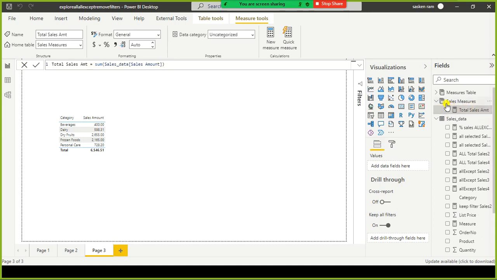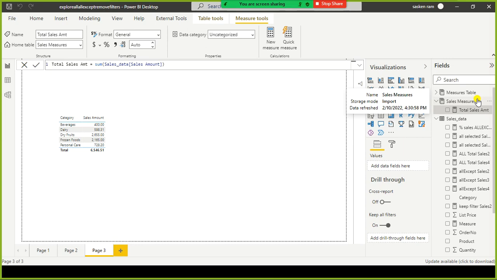If you look at the icon, when I removed that column from this table, the icon automatically changes to a calculator, right? So this is a measure table. With this we can understand this is a measure table. We can use this one to keep all our measures.